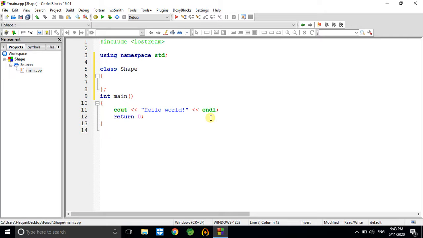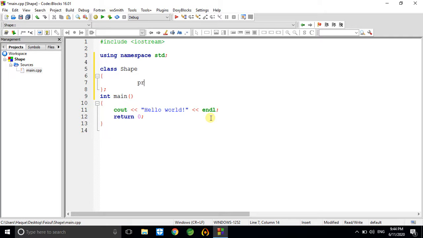So the aim of this video lecture is to show you the practical example, or you can say the practical impact of inheritance. That means how we can run it. That is why we have taken the same programming, the very easy one. Slowly we'll go to the complex level of inheritance programming. So for shape, we can have height and we can have width.